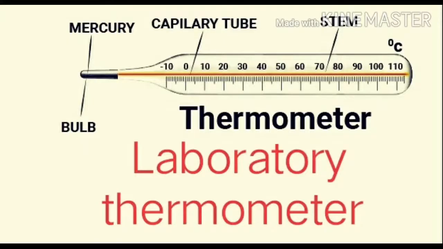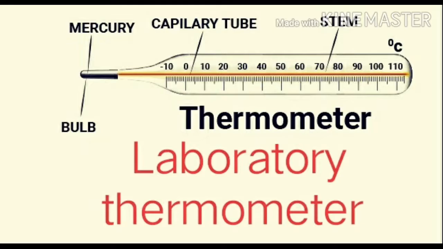The range of a laboratory thermometer is generally from minus 10 degrees Celsius to 110 degrees Celsius. This means that a common laboratory thermometer can measure a lowest temperature of minus 10 degrees Celsius and a highest temperature of 110 degrees Celsius. If we look at the temperature markings of say 0 degrees Celsius and 10 degrees Celsius